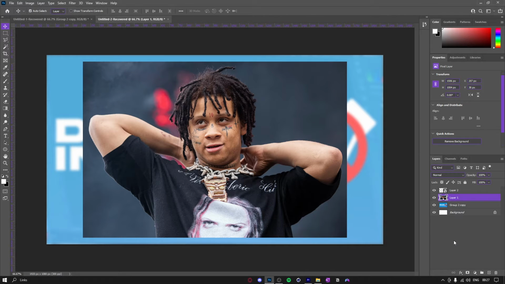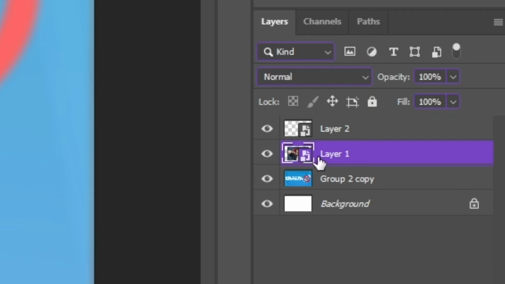Alright, so for this video I'm just going to be using this picture of Trippy Red. And the first method we're going to be doing is going to be in Photoshop. Now I'm going to walk you guys step by step on how you do it. So say your image is in smart object mode and it has this little page next to it on